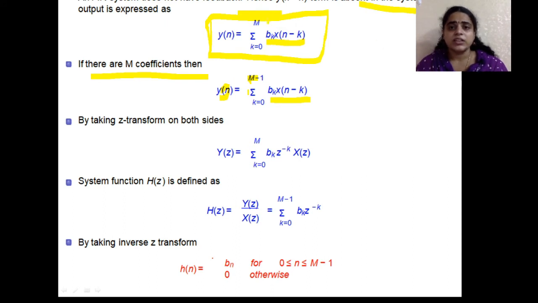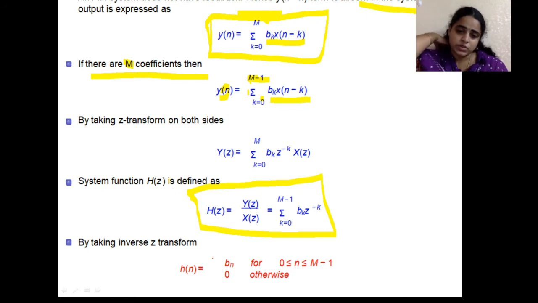So this is the general length that we have discussed till here. If the length of the system is M, it is confined to M, so it starts from 0 and limits at M minus 1. By taking Z transform on both sides, this will come into picture, nothing but the numerator of our LTI system, summation k equal to 0 to M minus 1 b_k into z power minus k. By taking inverse Z transform, h of n is equal to b suffix n, for 0 less than n less than M minus 1.